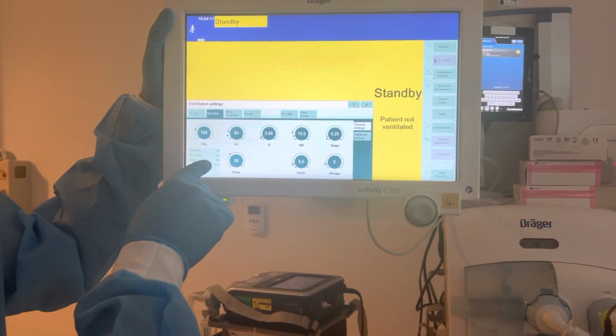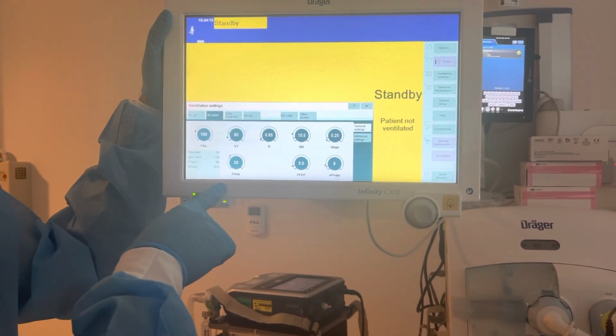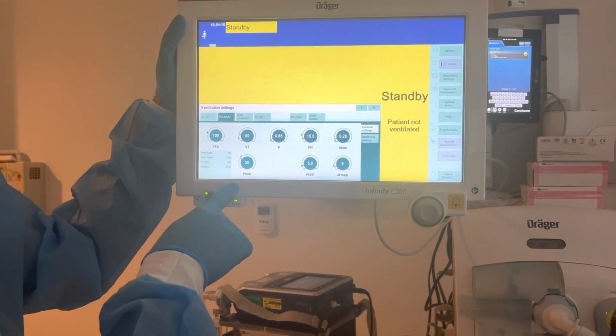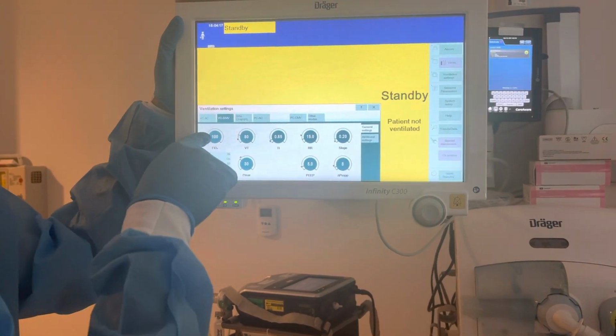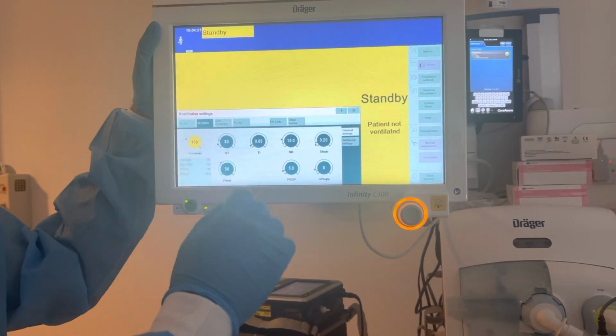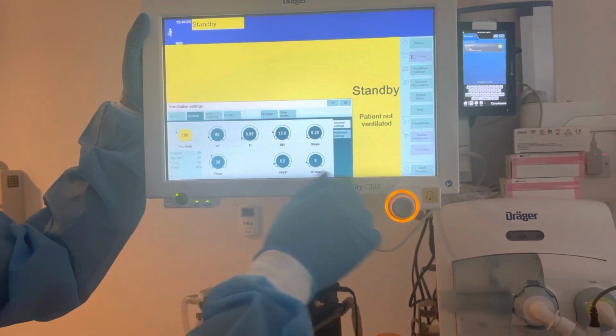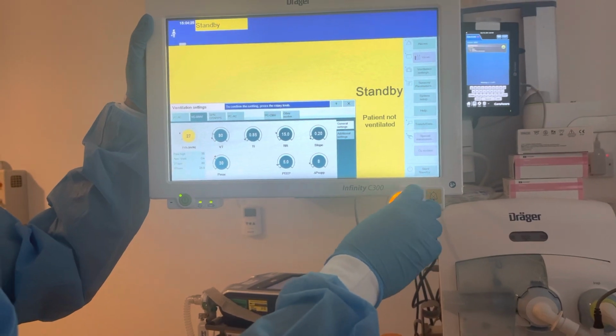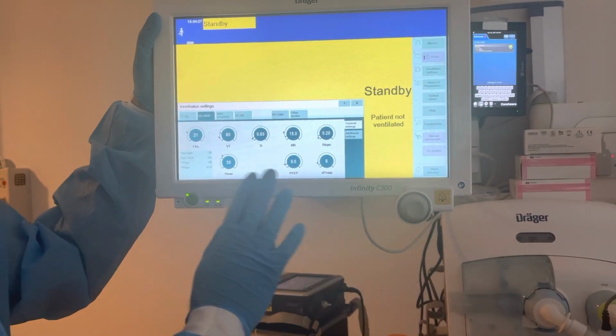Moreover, you can use this if you're going to do suction, because we need to hyper-oxygenate our patient before doing suction. So you can press this one, increase your oxygen, do suction, then after 1 minute put it back to normal, which is 21 percent. On room air she is maintaining.